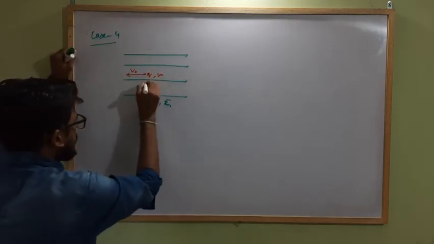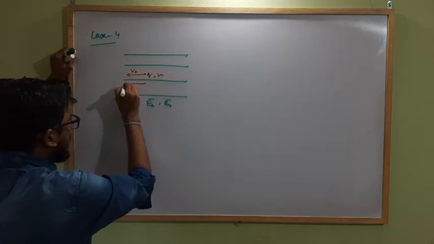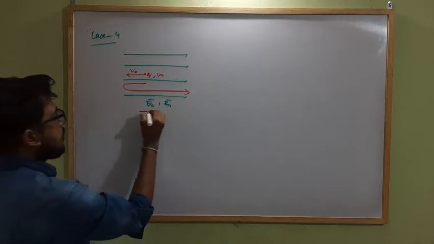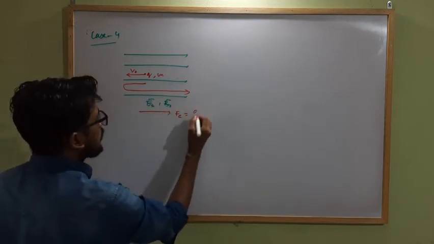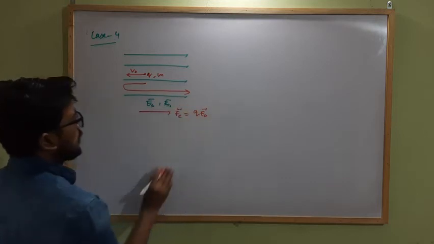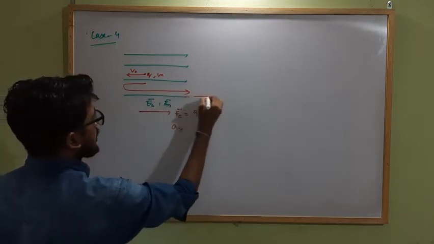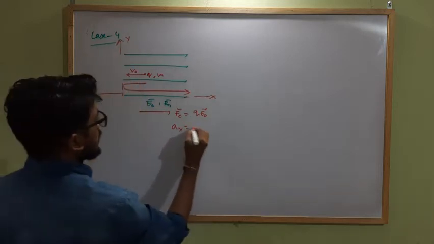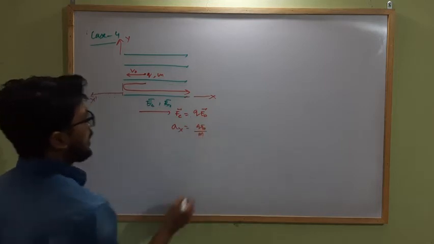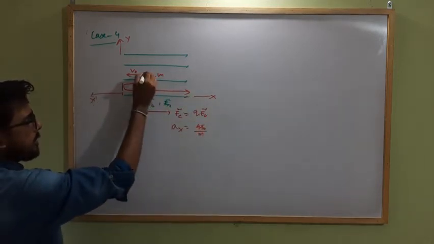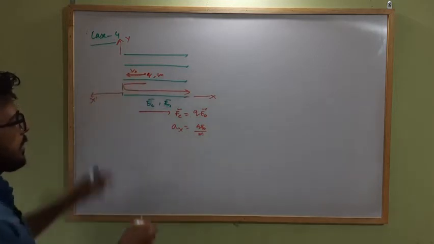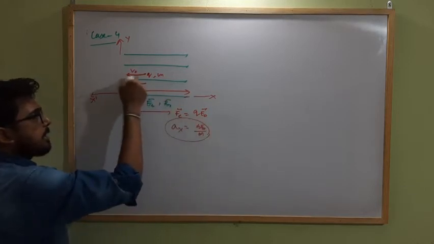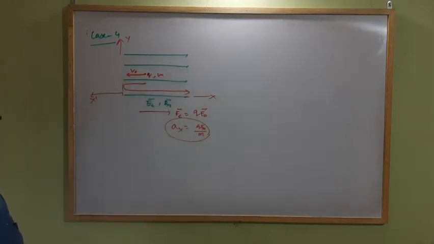As here is the velocity, the moving charge moves like this, then comes to rest, then moves like this. The path of the charge will be like this, because there will be a net force acting along this direction, which is equal to q E naught, and due to this the acceleration along, if this is x axis, this is y, this is minus x, so a x will be q E naught by m, which is acting always along the x axis. So when initially the charge is moving opposite to x, that is along negative x, it is gradually retarded with this much acceleration, then comes to rest, then again moves along the x axis. Clear?